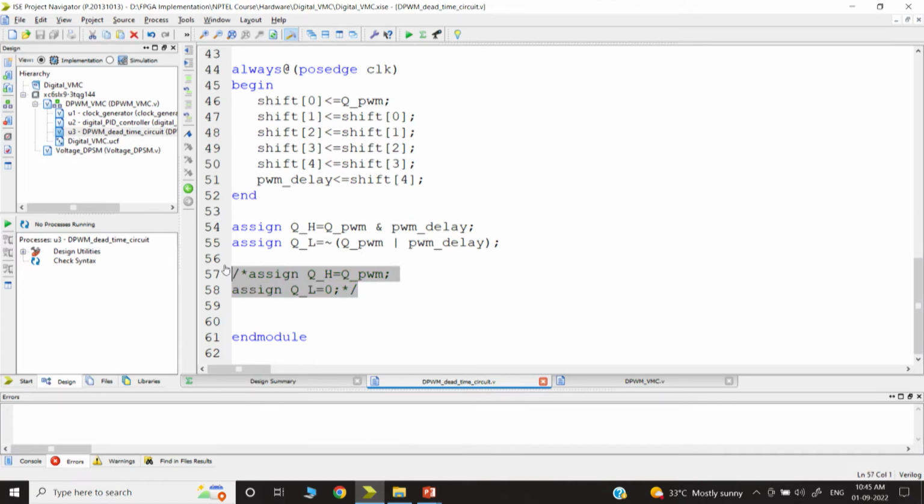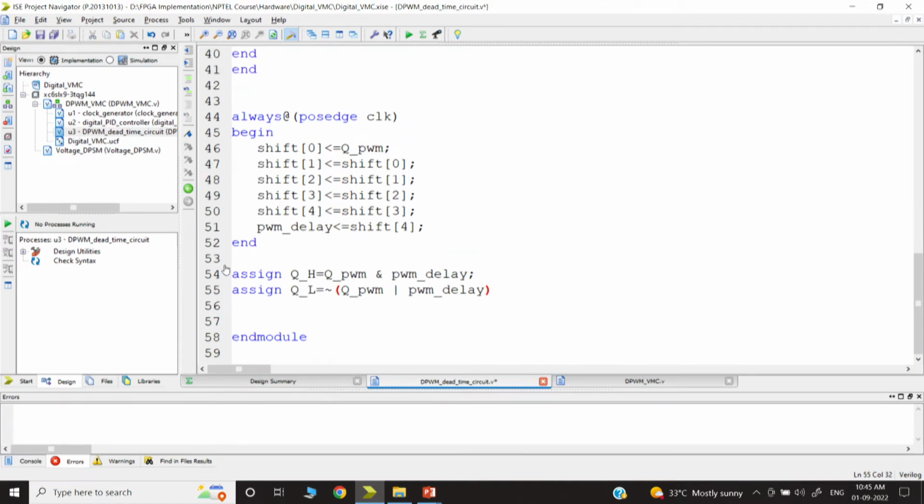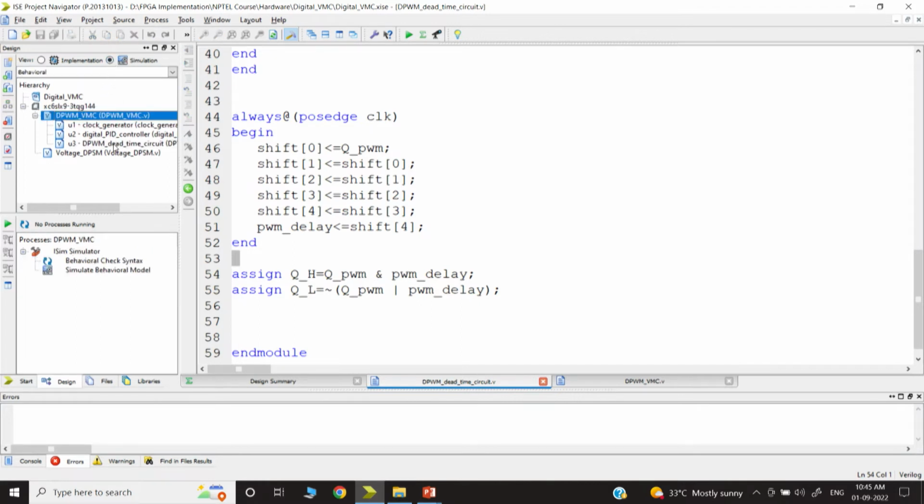So, it is like a commented signal. We have discussed this in the previous lecture. Now, what are we going to do? We want to do behavioral simulation. So, we select this, go to the simulation mode, we have to select this, and in the behavioral simulation,